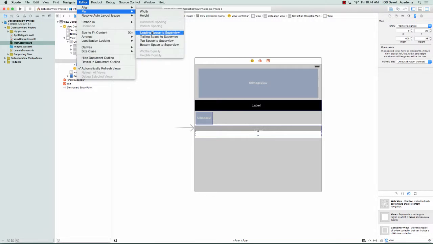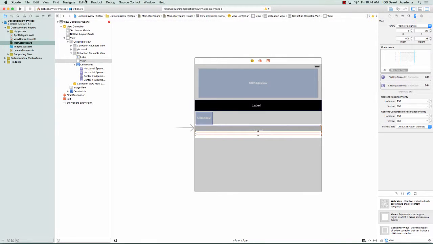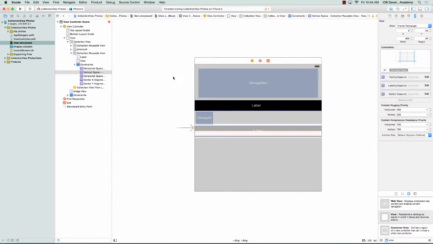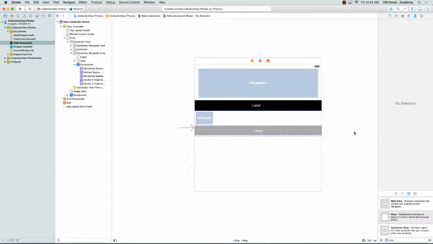Editor pin to leading. Editor pin to trailing. Editor pin to bottom. And then I'm going to set a height constraint on this to be 5. 5's all around. Height constraint, we have it set to 25 now. We don't want that, we want 5. And mind you, that's probably not the best way to deal with it, but it gets the job done. So now if we build and run this,